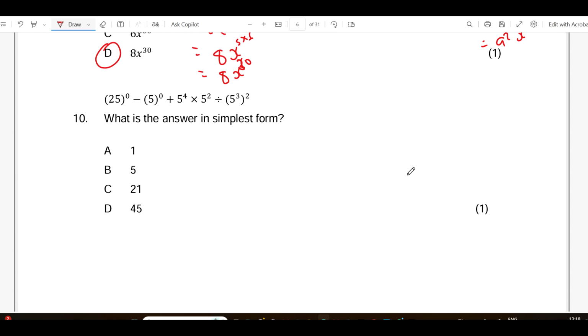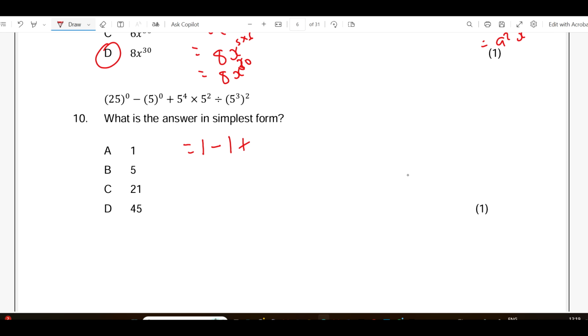Any number or any variable to the exponent of 0 is 1. One thing you need to know is that any number to the exponent of 0 and any variable to the exponent of 0, it is 1. 25 to the exponent of 0 is going to be 1. Minus 5 to the exponent of 0 is going to be 1, plus 5 to the